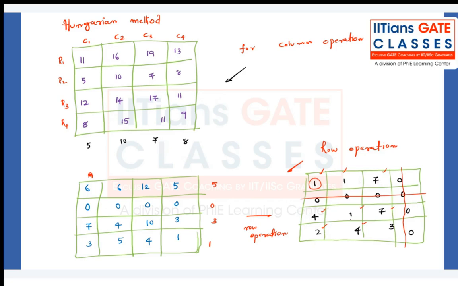Now again 4 minus 1 3, 1 minus 1 0, and 7 minus 1 6, and 2 minus 1 1, 4 minus 1 3, 3 minus 1 2, like that. Find the minimum one among the non-striking elements, deduct this one from the non-striking elements only, right? Now here, what I'm going to get: 0 0 3 1,